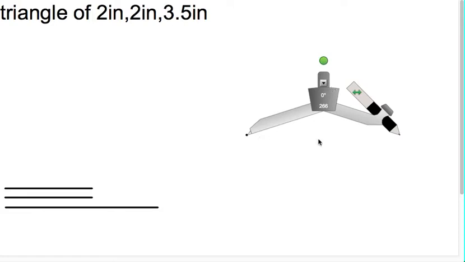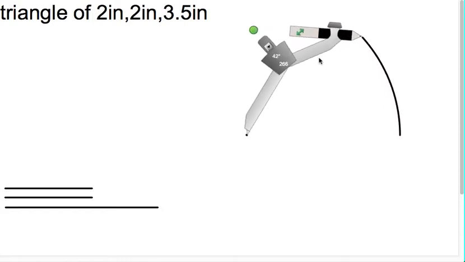Alright, so I'm going to move the compass over so that the pointy part is now on my random point A, which is now stationary. It's no longer random, now it is point A. And I'm going to use that distance to draw an arc. Okay, an arc is just, like if I went the whole way around, this would create a circle, but an arc is just a part of a circle. So you're just making a short distance there,